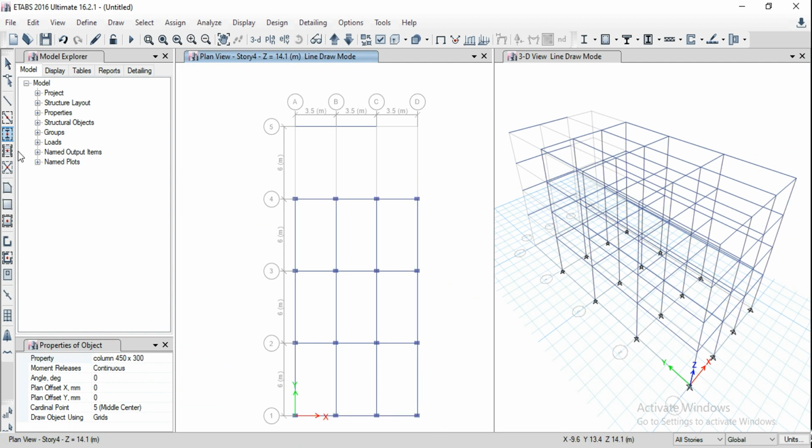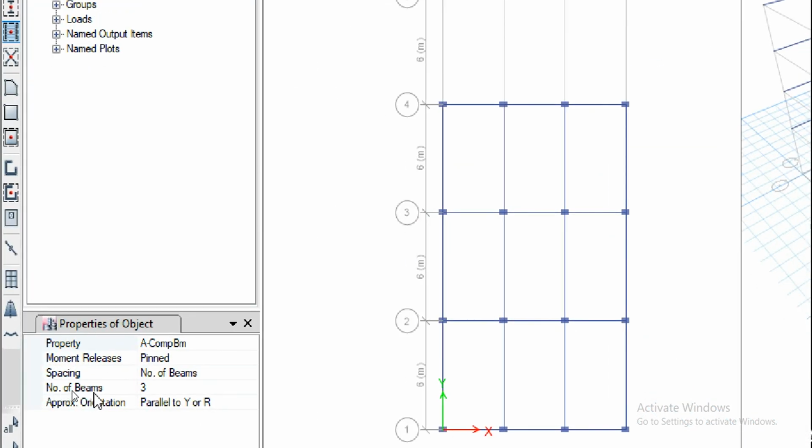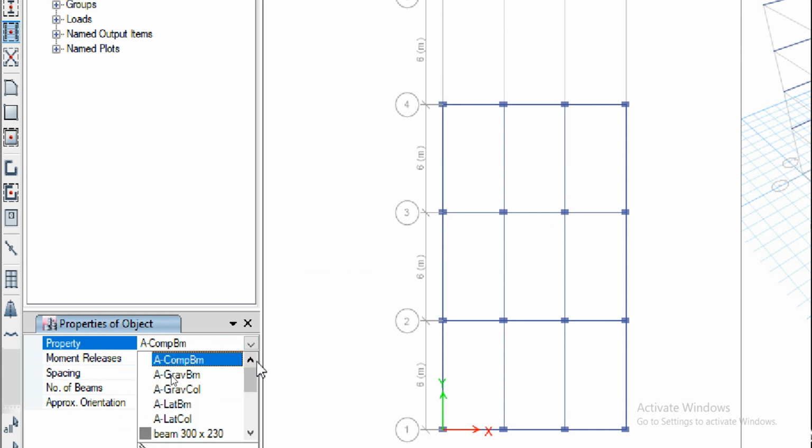Similarly, if you want to add any secondary beams, here we have the third option, this icon, quick draw secondary beams. In the plan view, at bottom left we get these options again. For property, if you have created any intermediate beam property, you can select it.